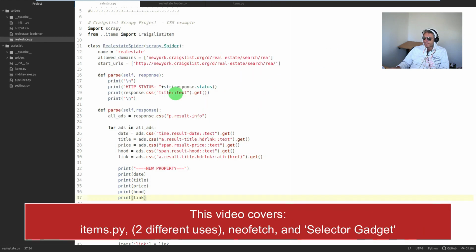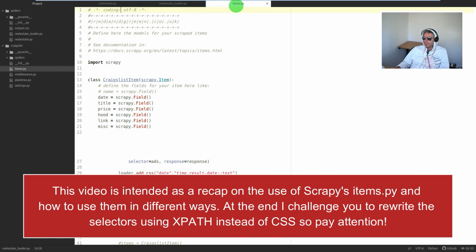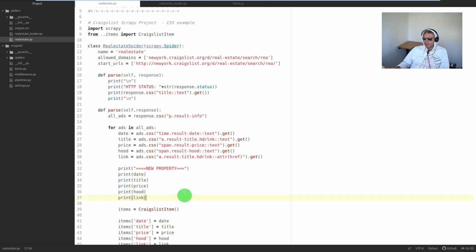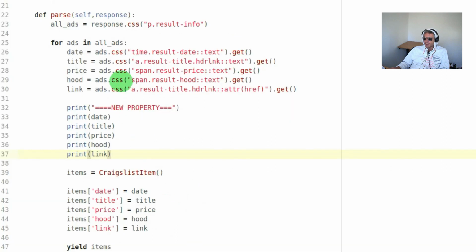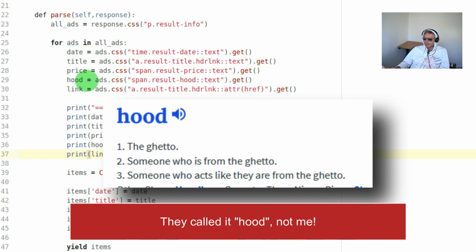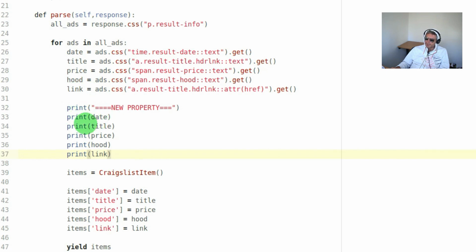And what I've done is I've created two spiders, and I've used Items.py, and I'll show you why in a minute. But what I've done is I've written the most basic spider. We're not even crawling to the lower pages yet. We're just collecting date, title, price, hood, neighborhood, for those of you who don't speak American, link, and we're printing them to the screen,